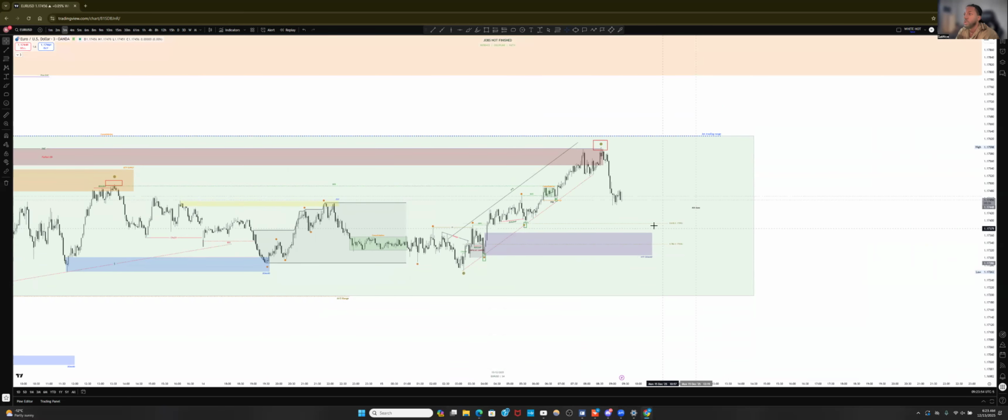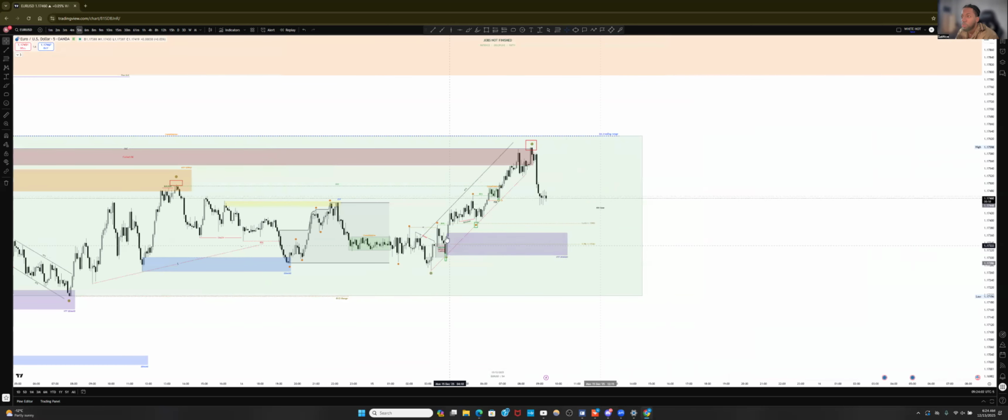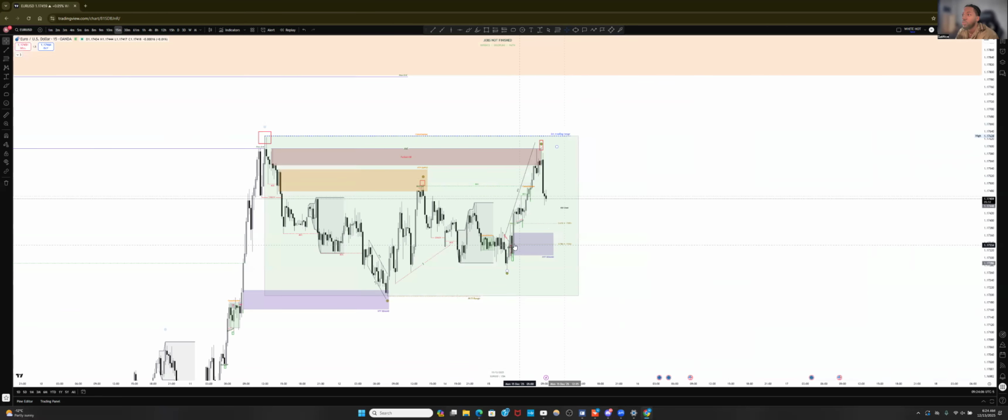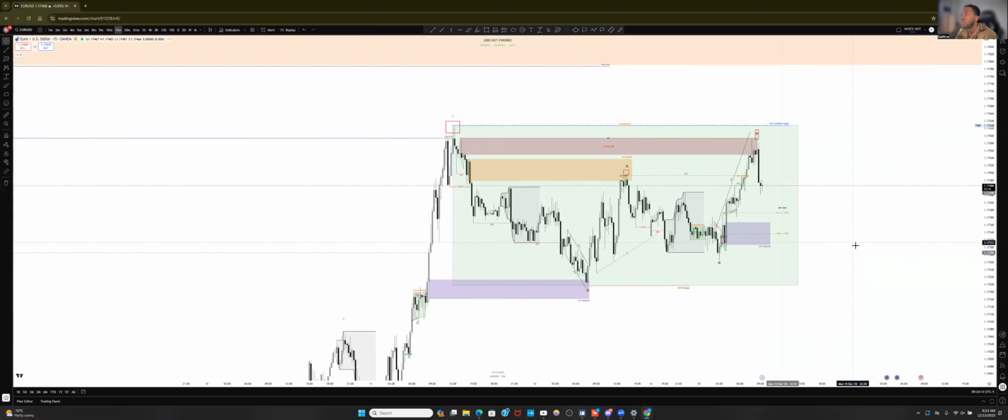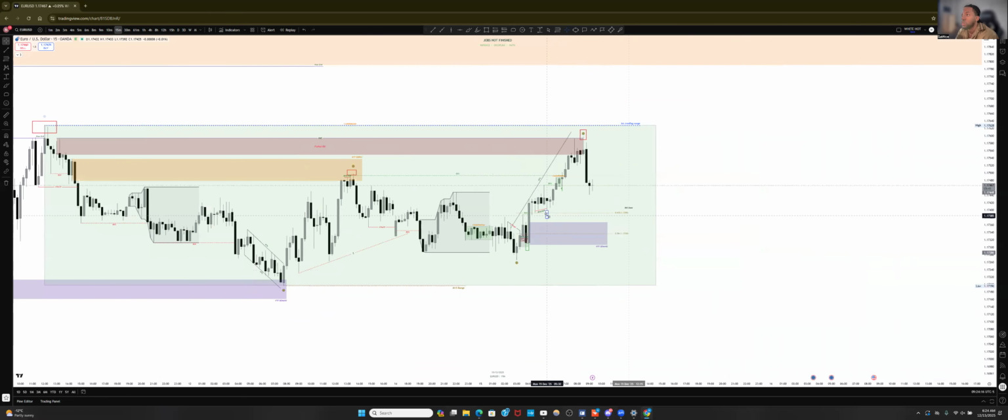Right now, this zone is a possible entry. On the 5-minute, we don't necessarily have an impulse candle. We just have this here. Let's see on the 15. Yeah, on the 15-minute, we have this impulse candle that broke structure. There's the candle before it. So perhaps price can come in here and give us an entry.